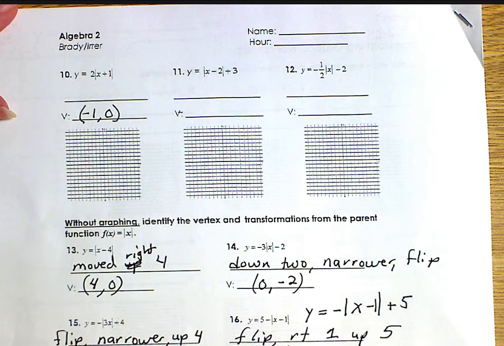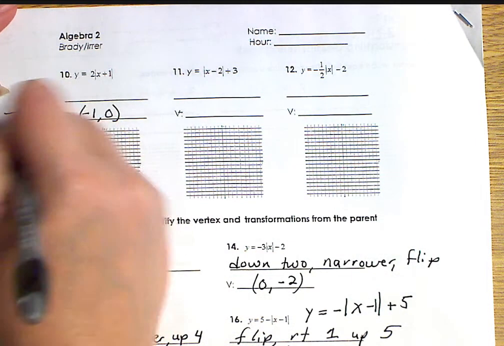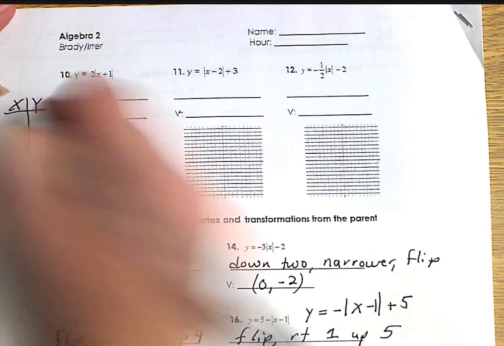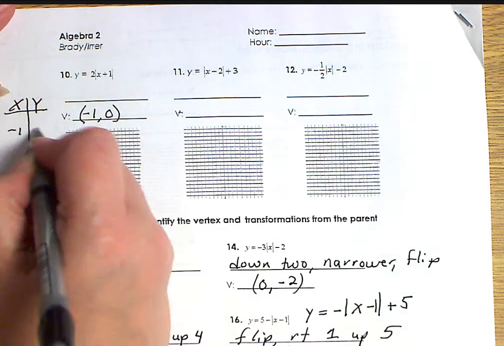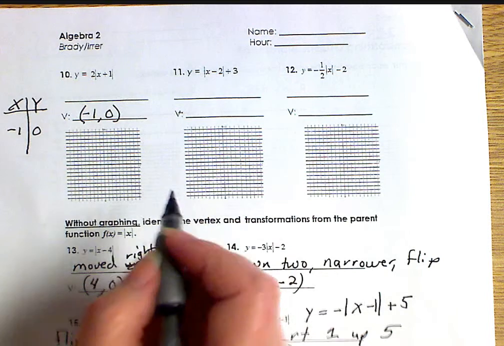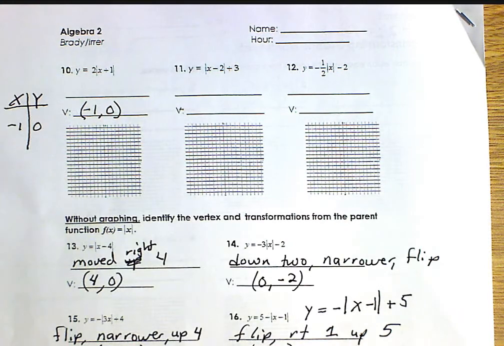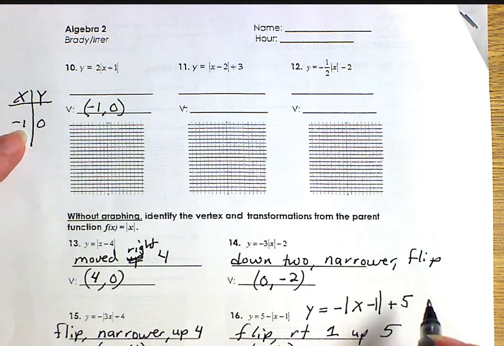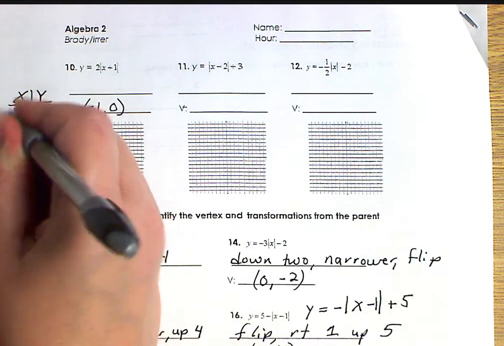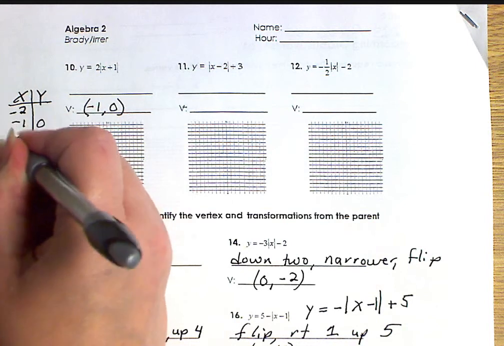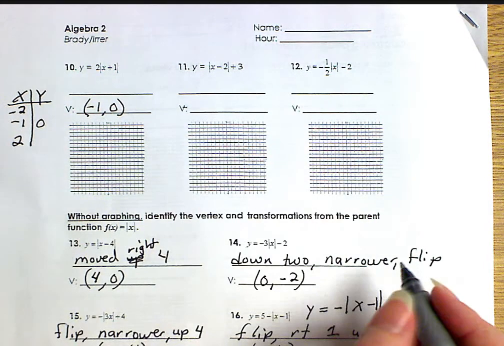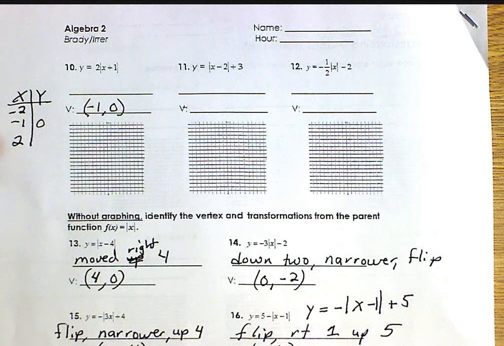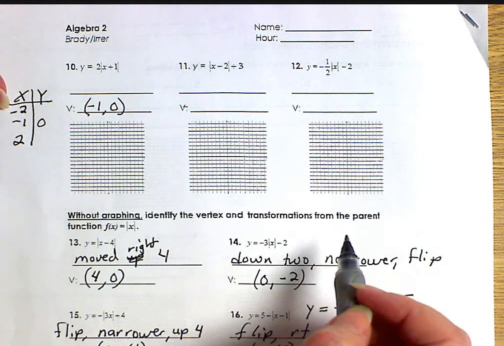If not, what I would do is take your X and Y. Negative 1, 0 is your vertex. You need numbers to the left and numbers to the right because it's a V. So, what is a number to the left of negative 1? Negative 2, right? If you do negative 2, I would do positive 2. Whatever number you chose to the left, do the same number to the right. So negative 2,